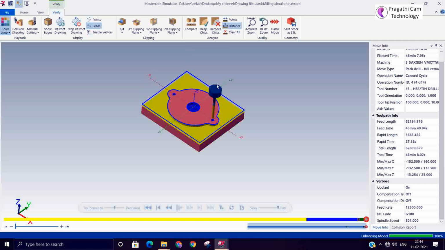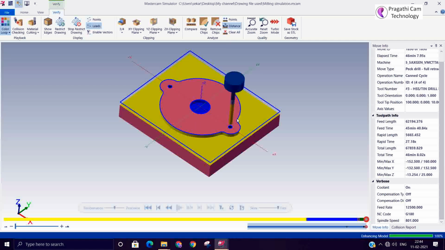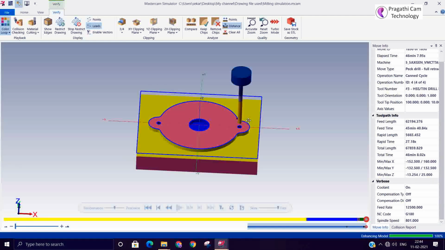You can try to pick the distance and other things.